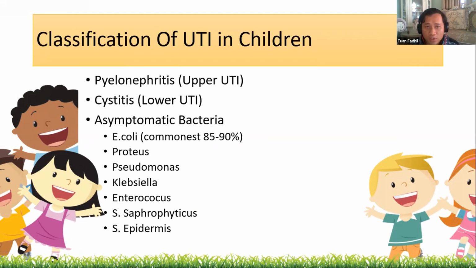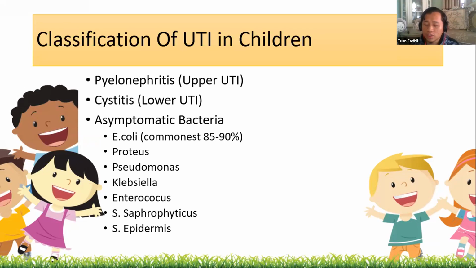This is the causes of UTI in children. Actually, it is divided into 3. The first one is the upper urinary tract infection. The first cause is pyelonephritis. Actually, pyelonephritis is divided into 3, as I found in the textbook. It is acute pyelonephritis, which involves the renal parenchyma, and when it worsens, it will lead to pyelonephritis scarring. Next is pyelitis, which is infection with no parenchymal involvement. And also the last one is